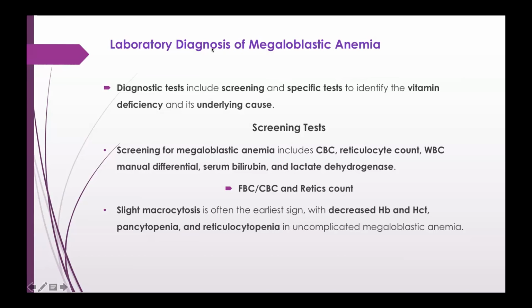So screening tests for megaloblastic anemia include the CBC, or complete blood count or full blood count, reticulocyte count, white blood cell manual differential, and serum bilirubin and lactate dehydrogenase. As we remember, megaloblastic anemia is a component of hemolytic anemia. So that's why it is also very essential to measure or to assess lactate dehydrogenase and bilirubin as well, because